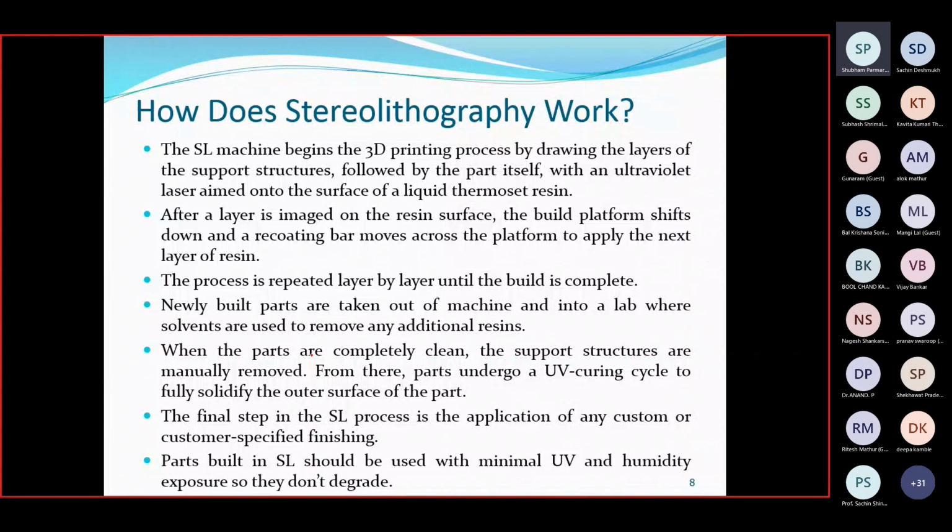So we remove the additional resin from that 3D model, and then we get the finished 3D object. This is basically the cleaning process of the 3D object.